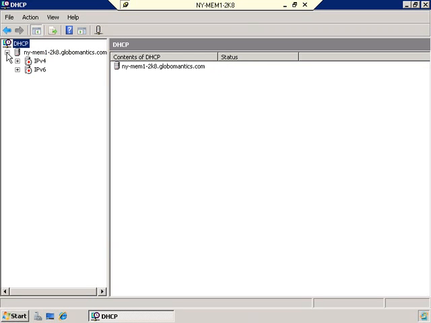I'm going to go ahead and expand that, and you'll see there's an entry for IPv4 and IPv6. Again, we're not going to worry about IPv6 for right now, but I do want you to notice the little red down arrow here next to each one of them. That red down arrow is what lets us know that this server is not yet authorized. You may recall during installation, we chose to skip authorization